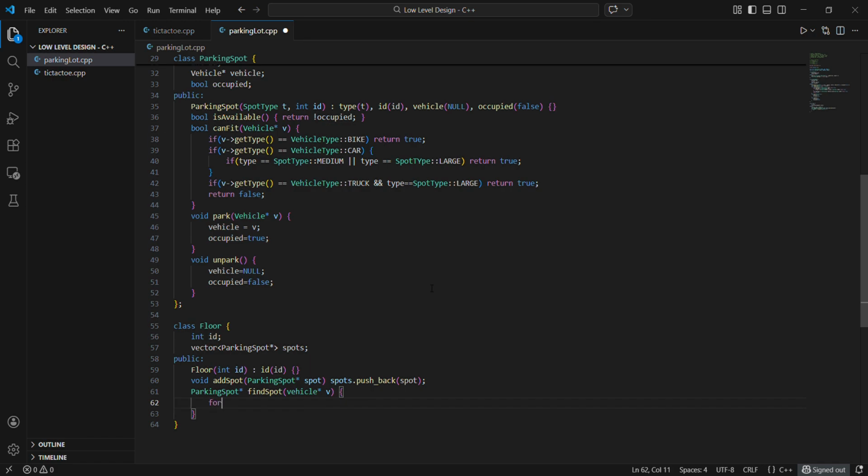It should, I mean, it's up to you. Either you can have separate vectors for different kinds of spots, like a separate vector for small spots, a separate one for medium, and a separate one for large, and then based on the vehicle you're iterating on those spots first and then the other. But just to make the thing simple here, we can simply write it that,